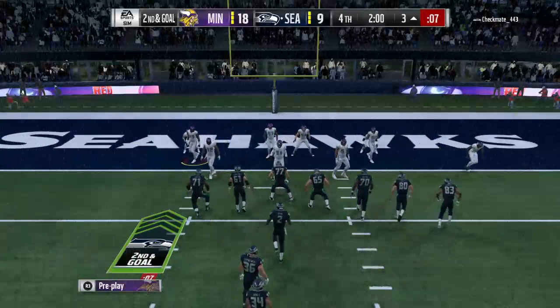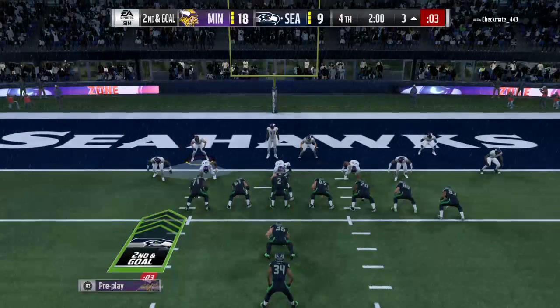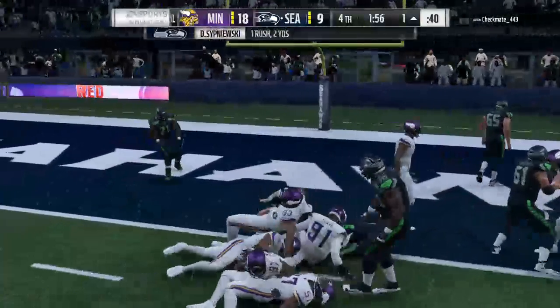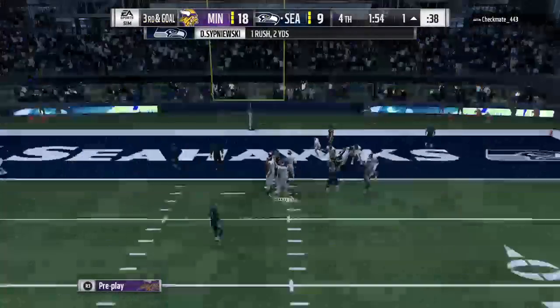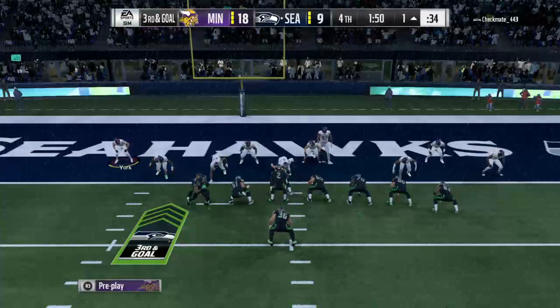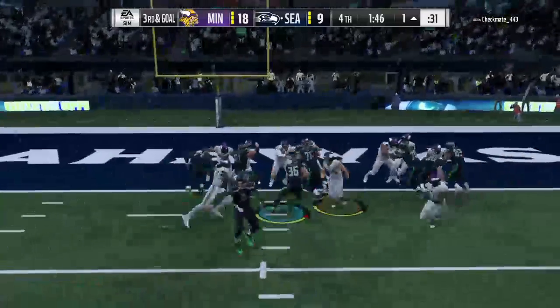Here comes the D swarming to the line. And they'll let the fullback try and take him home. And they'll get him down just shy of the goal line at about the 1. They'll give him 2 yards officially, and now it'll be 3rd and goal. If they're going to get a 1st down out of this, they're going to have to earn it because...